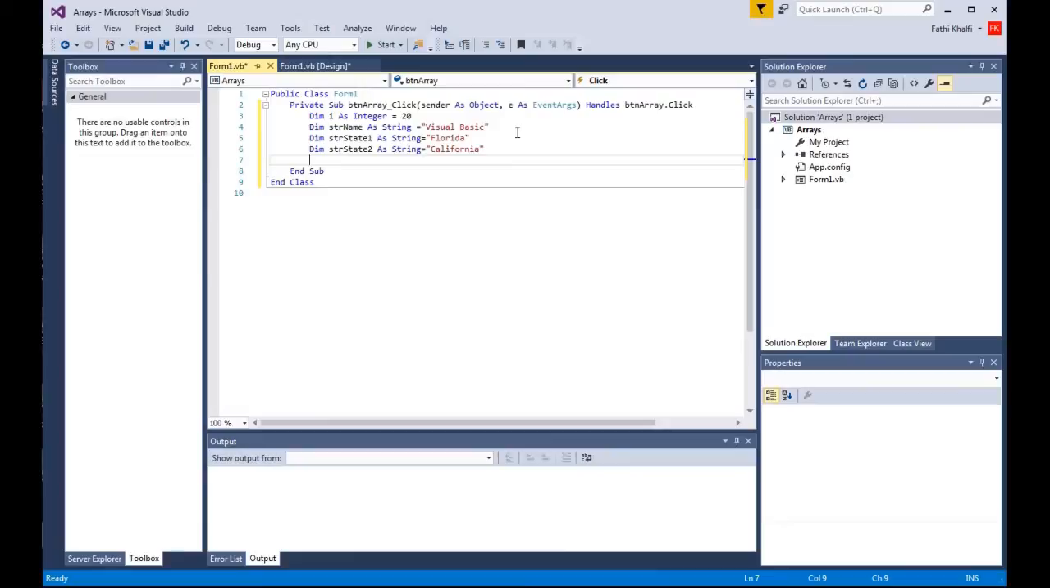If we want to declare 40 states or 30 states, we have to declare each one separately. This is not good practice, and it is also not efficient. This is not a good way to write code. So here the arrays come handy. I'm gonna delete all this,